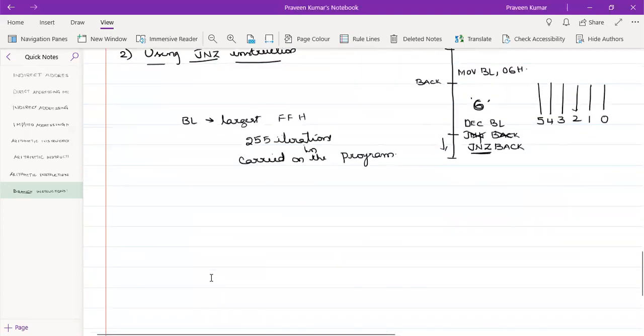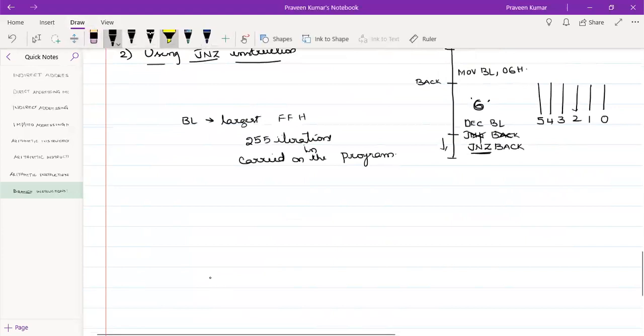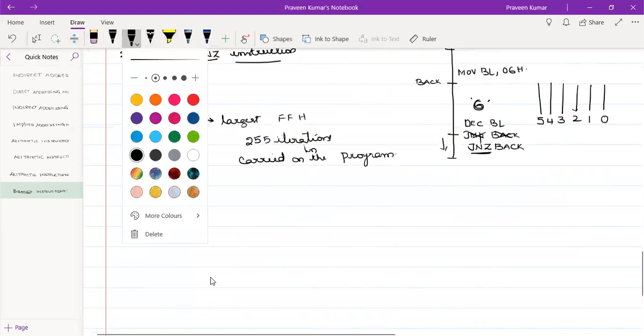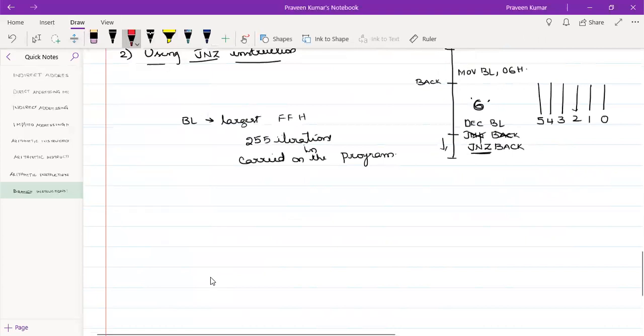Okay. Now the question is something like this. Without changing this entire program, I want to have 256 iterations. How can I change this?